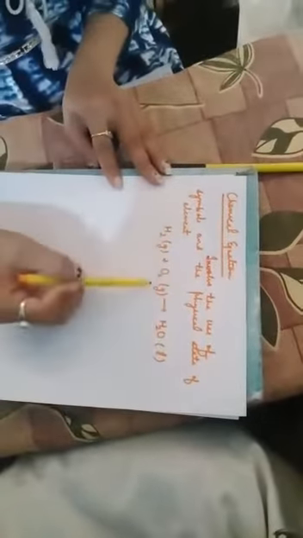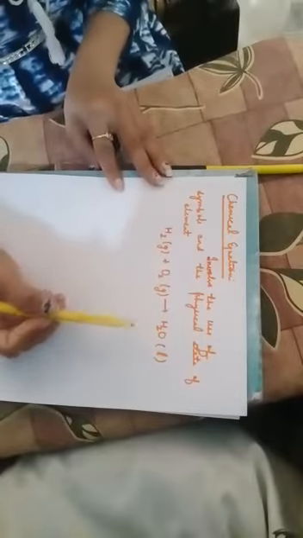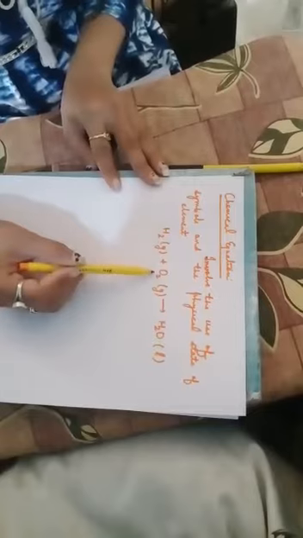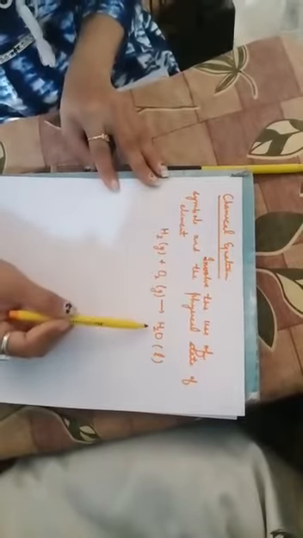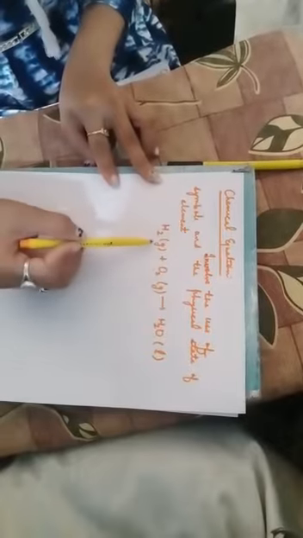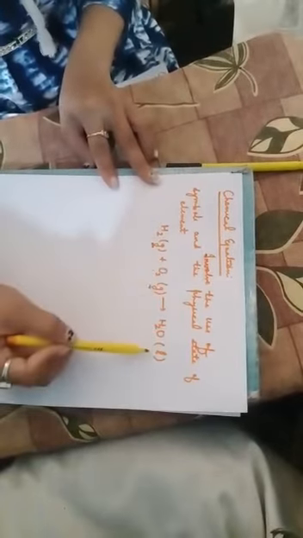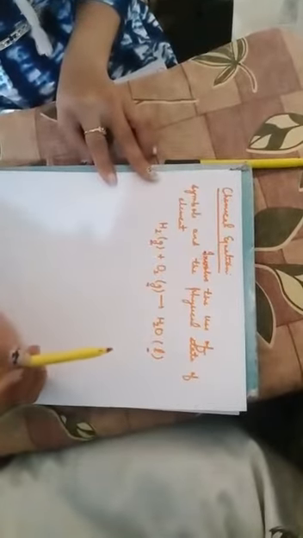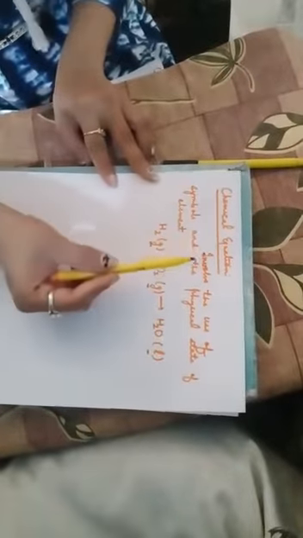Means the equation involves the use of symbols. Means we write hydrogen as H2, oxygen as O2, and water as H2O. Means the equation involves the use of symbols as well as physical state. Physical state means that the substance is present in solid, liquid, or gaseous form. That is known as a chemical equation.